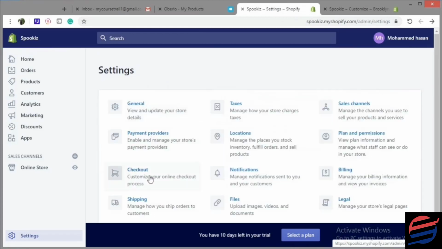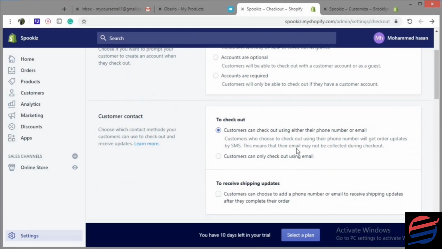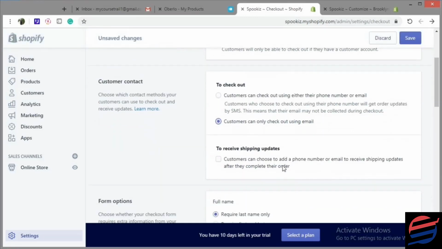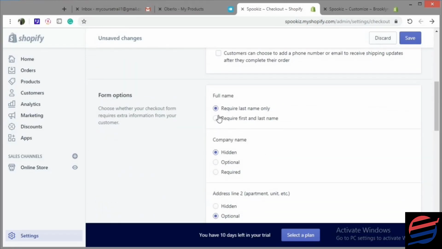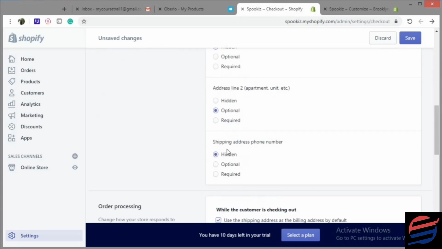The third setting is checkout. Customer accounts. I'd rather make them disabled. Keep it that way. To check out, they can check out using either phone number or email. Make customers check out using email. To receive updates, you can use it or not. Full name required first and last name. Company name, make it hidden as it is. Address line 2 optional. Shipping address phone number hidden